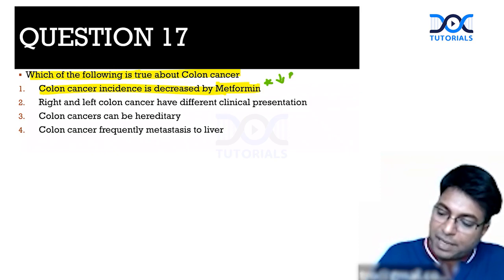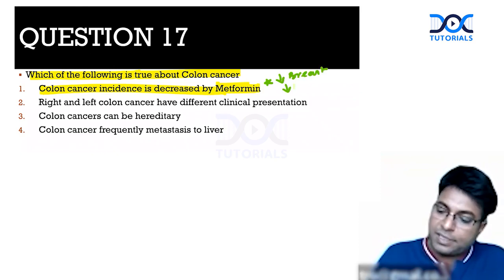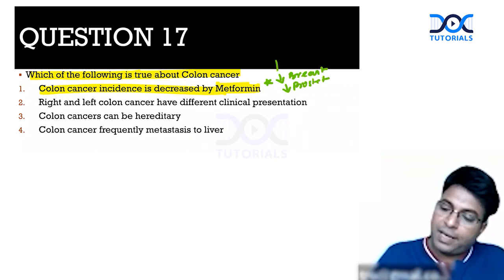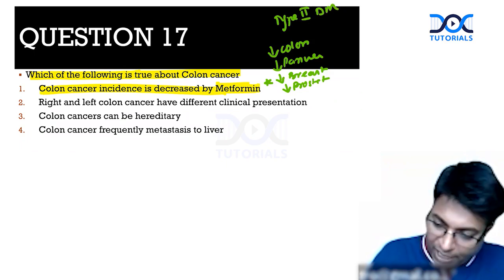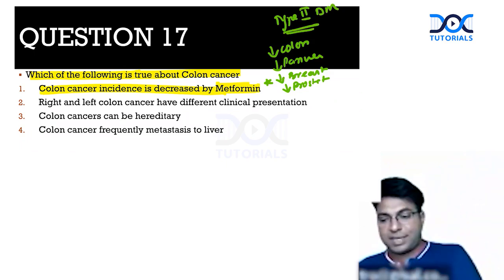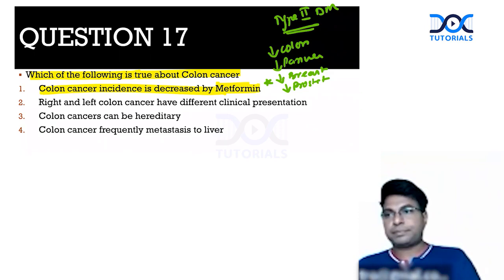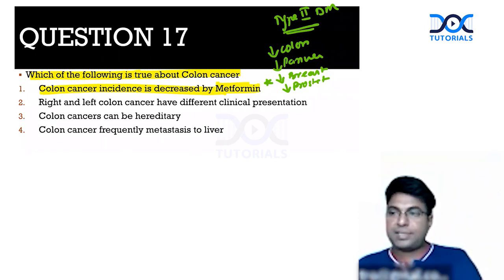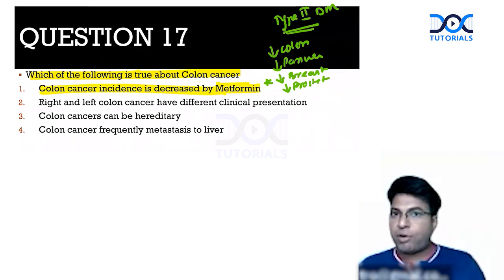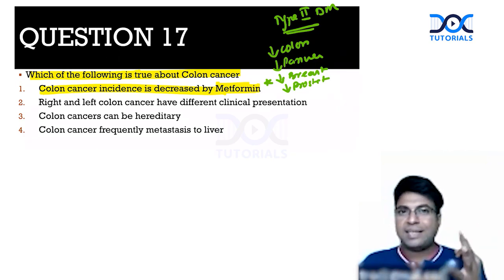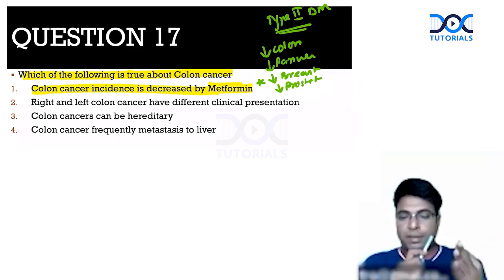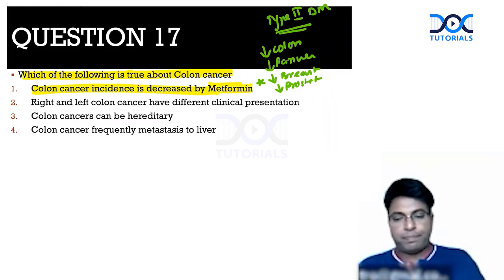Metformin decreases breast cancer, prostate cancer, pancreatic cancer, and colon cancer in type 2 diabetes patients. In type 2 diabetes patients taking these drugs, it is very useful. Statins decreasing colon cancer I have not read. NSAIDs, aspirin and metformin are the three drugs mainly found to decrease colon cancer. So this is actually a pharmacology point.